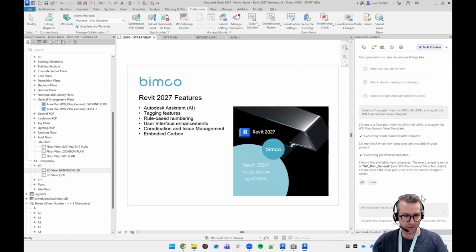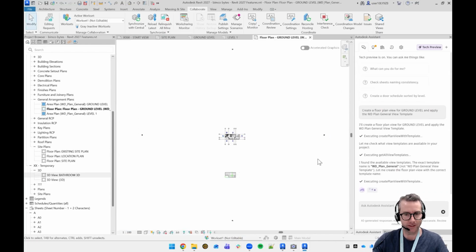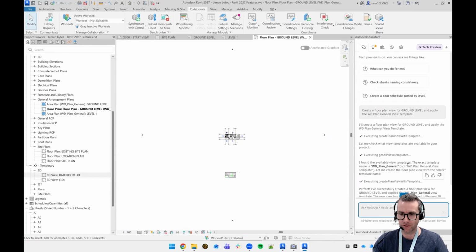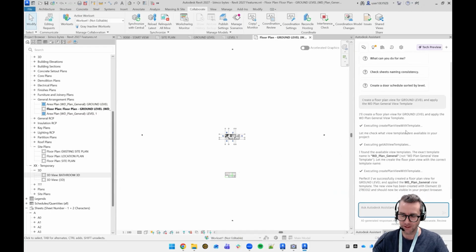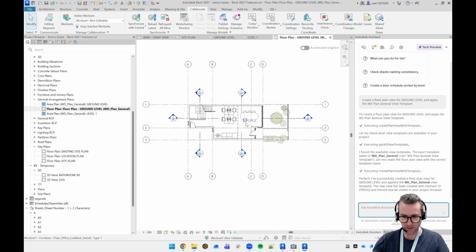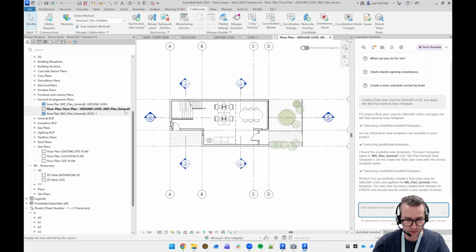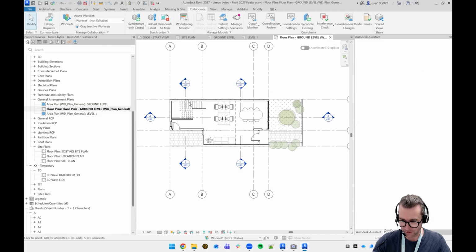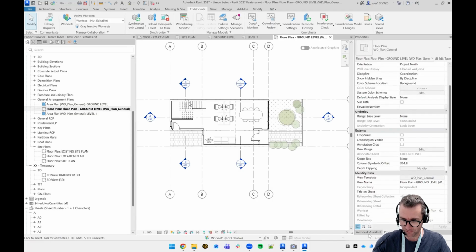Now, what I have prepared here today are curated prompts. In our testing, we found that you need to be very specific with what your requirements are, because it can get easily confused, and even if you don't use the right case on a particular view name, it can get confused and not create or not find what you're looking for. So there it is, there's the view there, and if I go to properties, it's hopefully got the view template